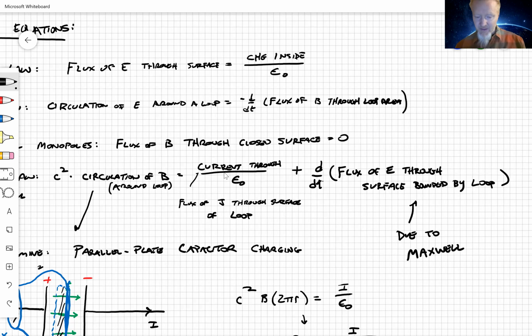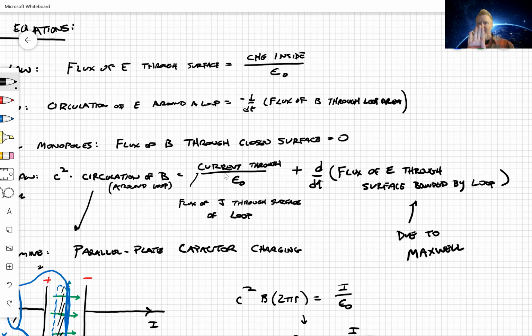And now I'm going to look at this loop on top, and interestingly, I have no charge that's moving here. I just have fluxes to deal with. And when I look at the flux of the electric field, the one that Faraday's law just induced, there's a flux of electric field through this loop, which is going to cause a magnetic circulation around that loop,